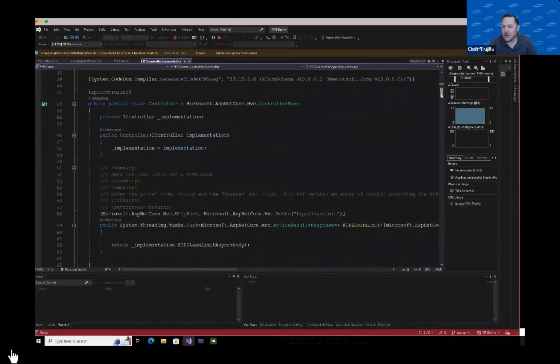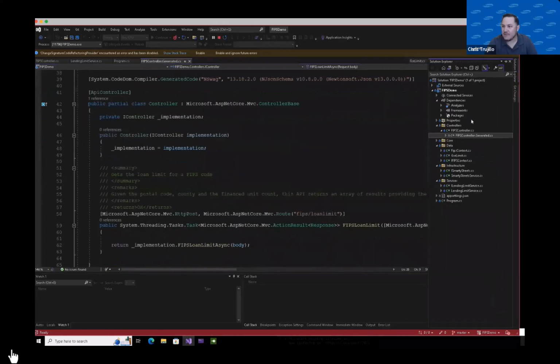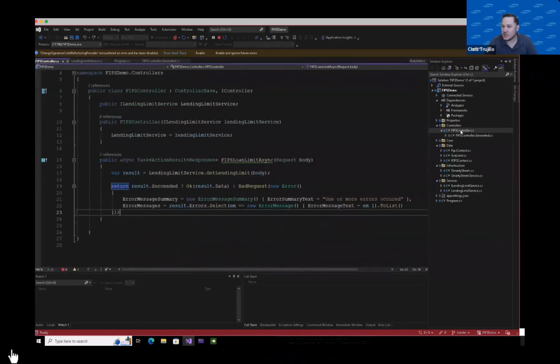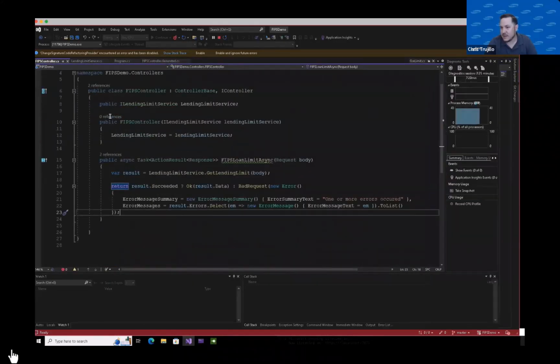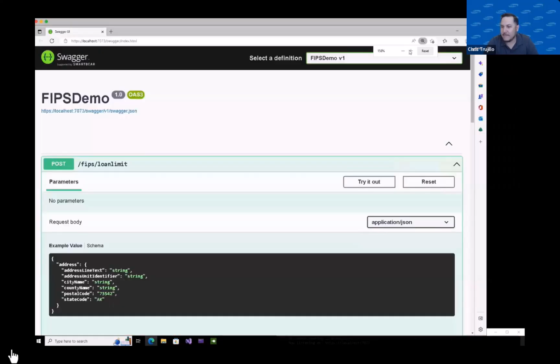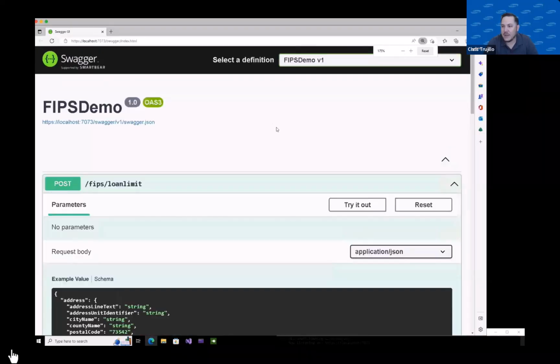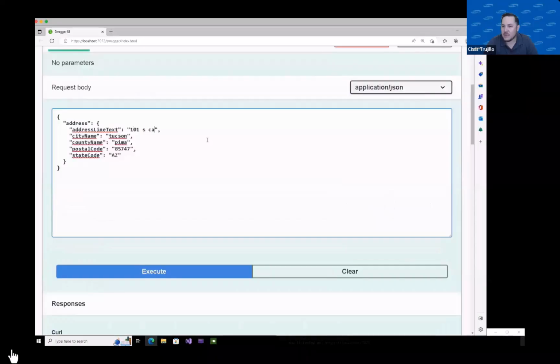So I'm able just to layer on my functionality, my secret sauce, which is a service that calls Smarty Streets in this instance to normalize the address if you need to, and does a FIPS lookup, given the database, the lending limit, and returns back the results or an error. Cool. So using some boilerplate code for .NET,